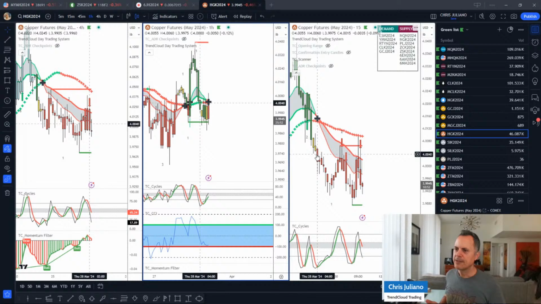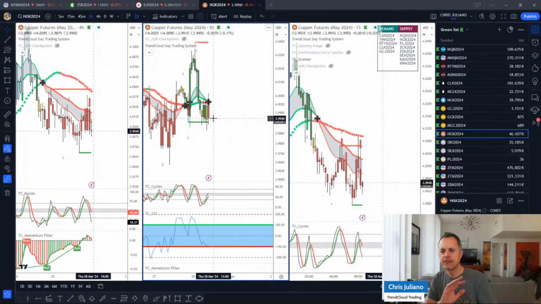Those days, that's going to happen. There's nothing that you can do about that. And what happens is you start getting frustrated. You're like, I have to take a trade, or I have to trade today. You'll lose everything. So that was really one of the biggest reasons why I wanted to develop TrendCloud, so that